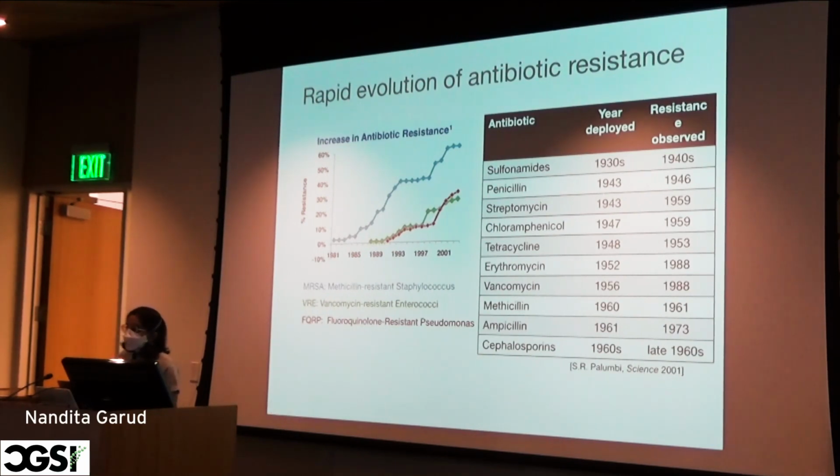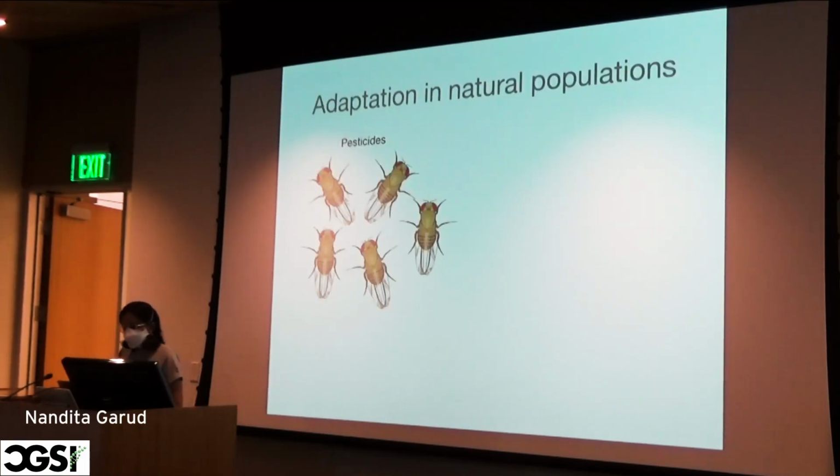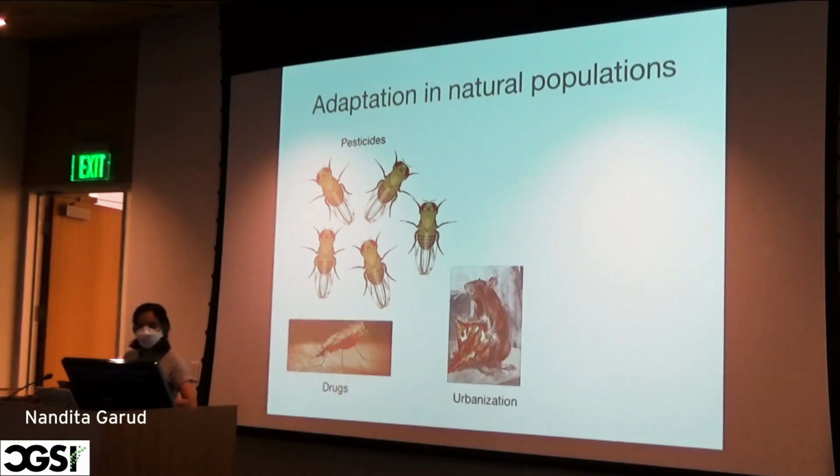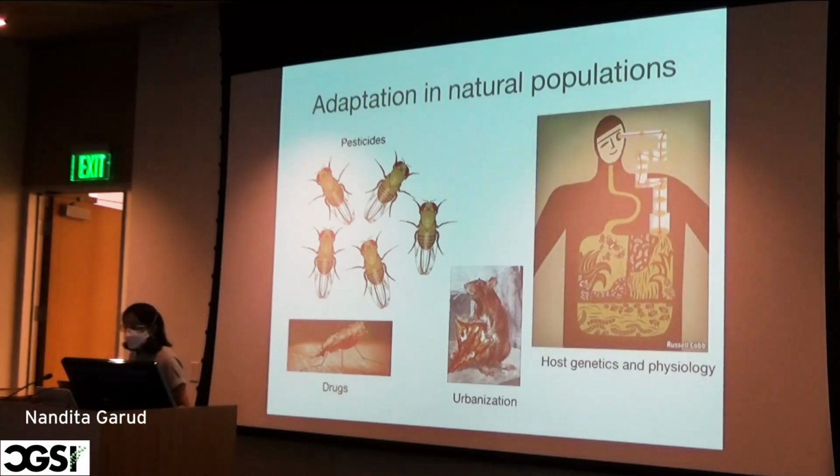So is adaptation gradual, like Darwin once thought, or is it rapid, like what we're observing in these potentially primarily anthropogenic type situations? So my lab, as I said, studies adaptation in natural populations. Today I'm going to be speaking about work done primarily in Drosophila, and we see, for example, this response to pesticides, but I've in my past worked on adaptation in other organisms, for example, in P. falciparum, which causes malaria, New York City rats,